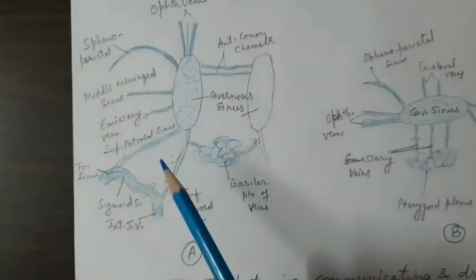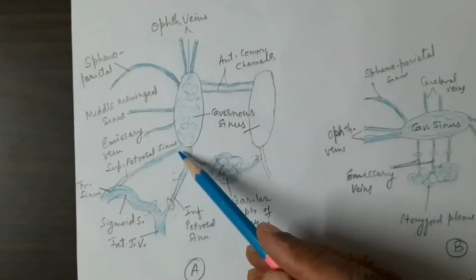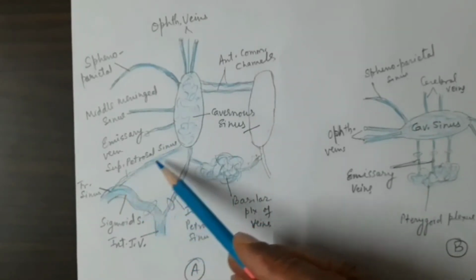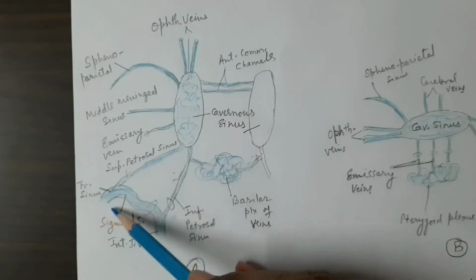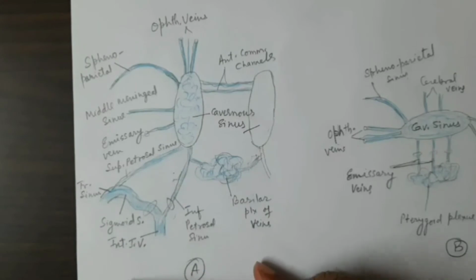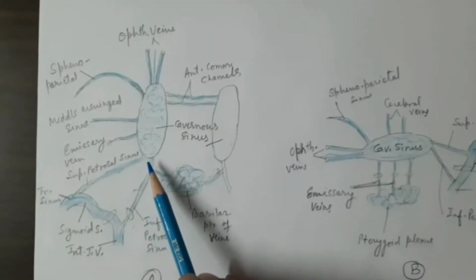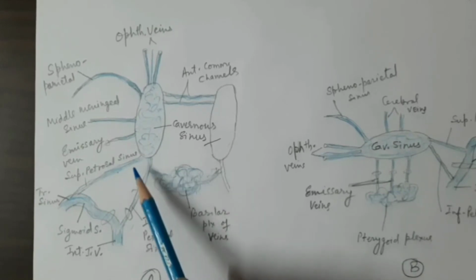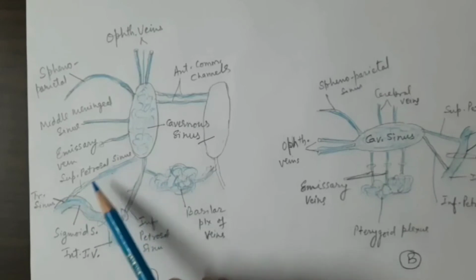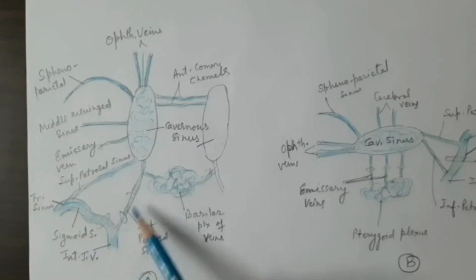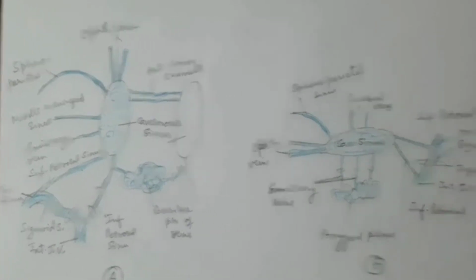Let us see in this diagram first, which is also in the lateral view. This is the superior petrosal sinus on the superior border of the petrous temporal bone, which will drain here into the transverse sinus. Thus we see that the blood from the posterior end of the cavernous sinus is ultimately draining, via the superior petrosal, to the transverse sinus, and via the inferior petrosal to the internal jugular vein.